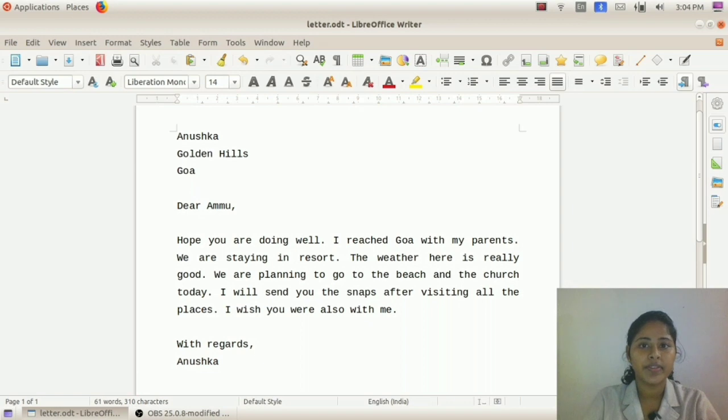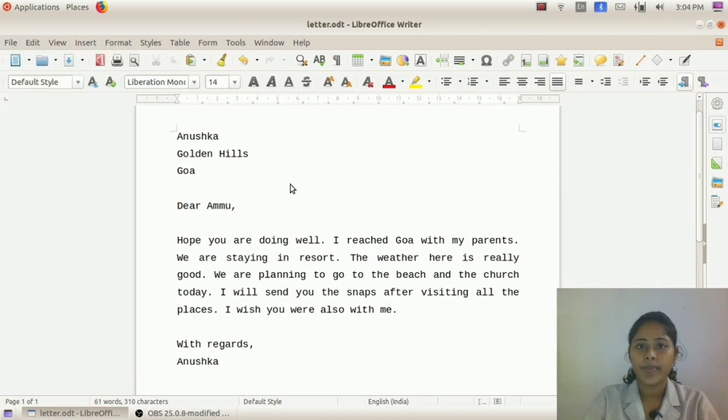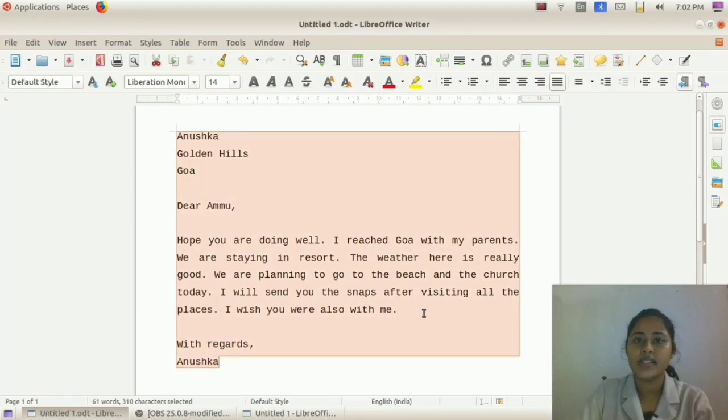So how to save the file? We have to click on this save button or from file we have to select save. Then a window appears. In that we have to select the folder in which this file should be saved. After that we have to give a name for this file and then we have to click on the save button. In this manner we can save the file that we have created. So this is our first activity.